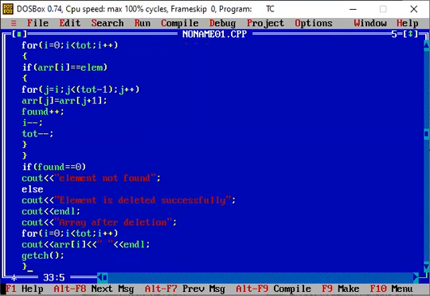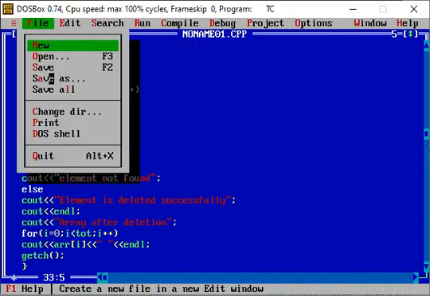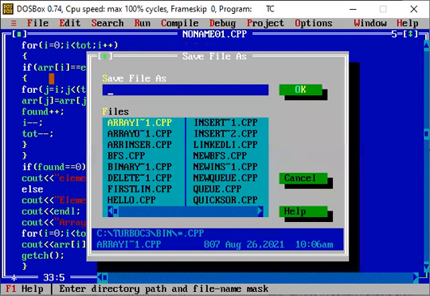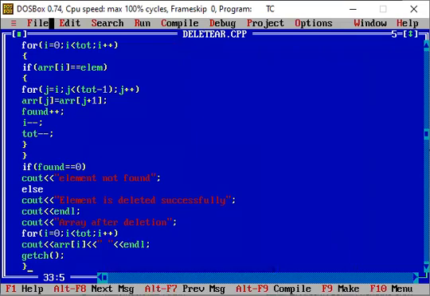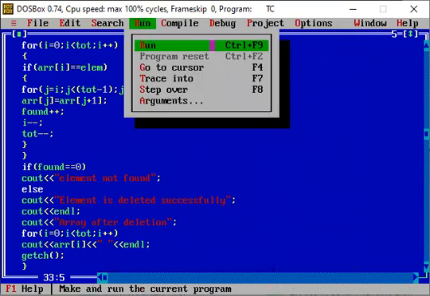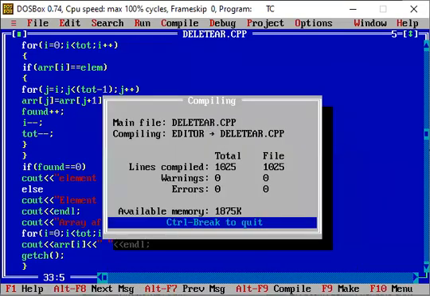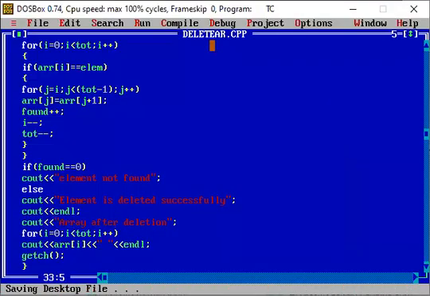Okay, so this was all about this deletion part. So now first of all, I just save this program. I am writing like this: delete array. Okay, so let's see after running it.